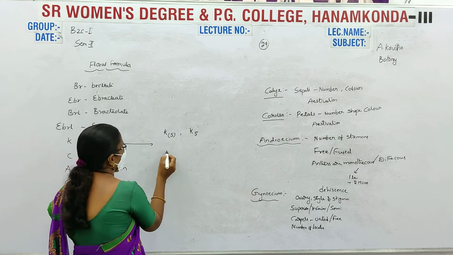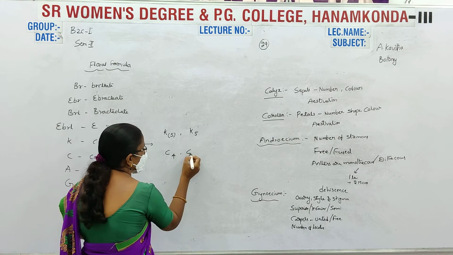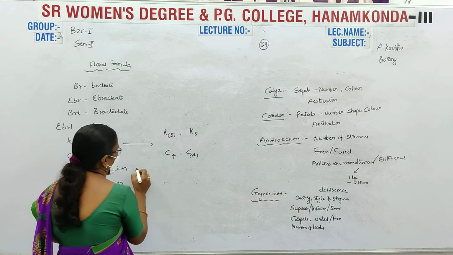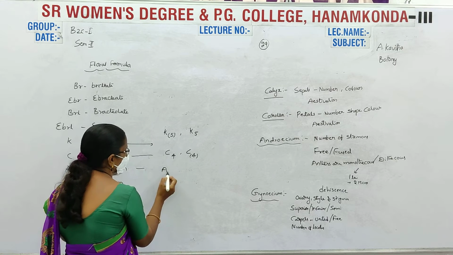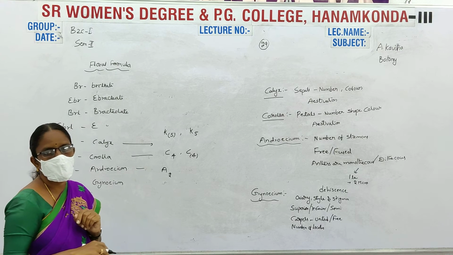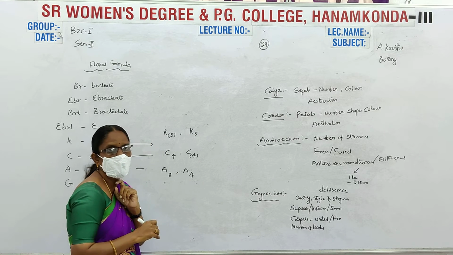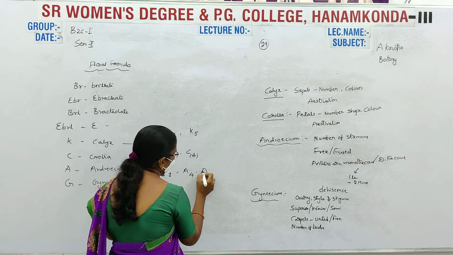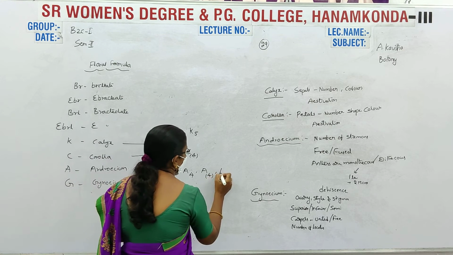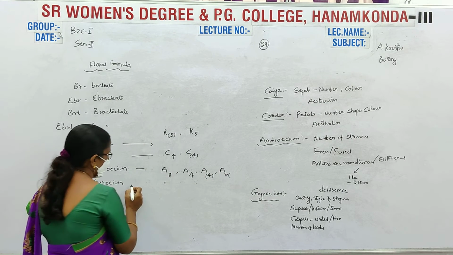And for example, the corolla, same. If 4 petals are present and they are free, write 4; if the 4 petals are fused, write 4 within brackets. And for example, next the androecium. Only two stamens are present, and sometimes 4 stamens are present: A4. If the 4 stamens are fused, the 4 is within brackets. And next, the stamens are many, infinity. And next one is the gynoecium.